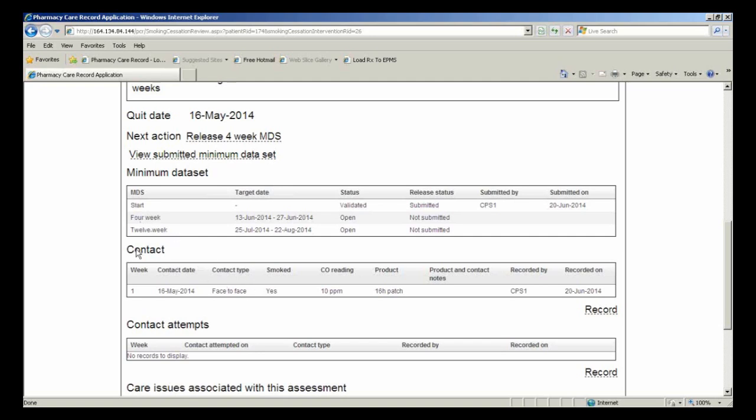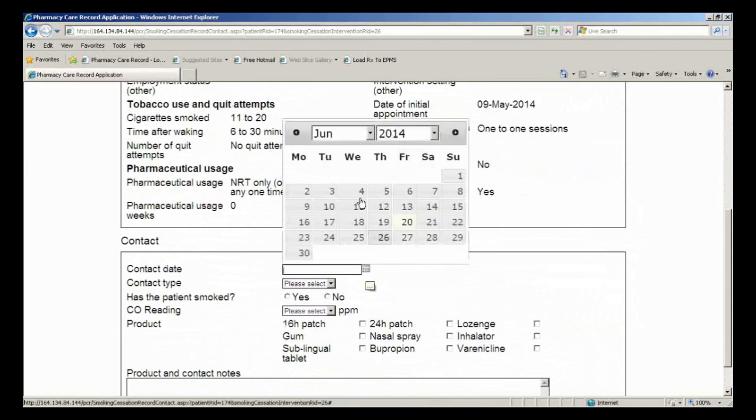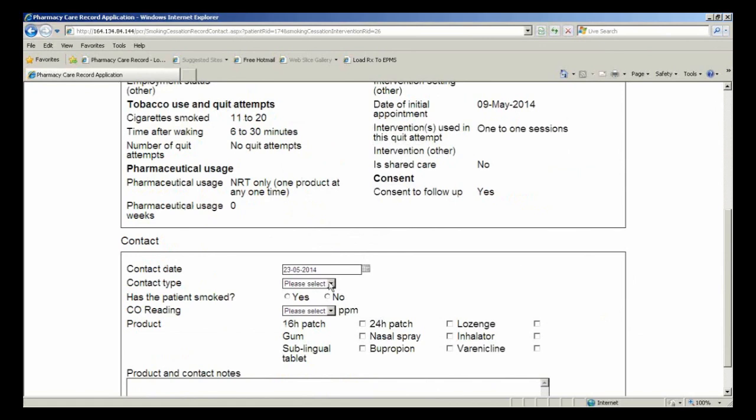Here we have the contact screen. That's quite a good feature, although not related to any payment, and you can record this anywhere, but you can record each time the patient comes in. So for instance here, it's really similar to the first screen I showed there. They presented again on the 23rd, contacted face-to-face, no, and I update that to CO reading,